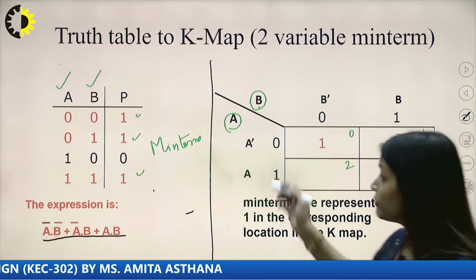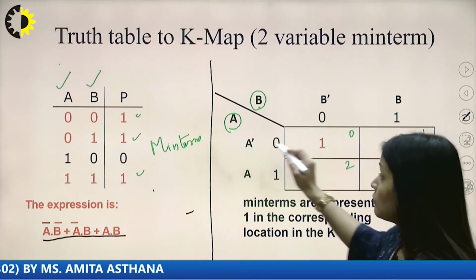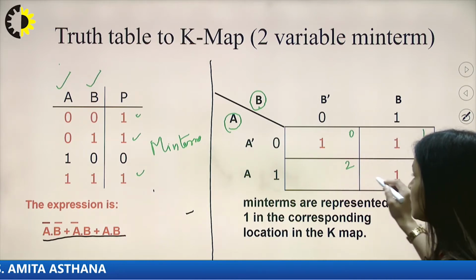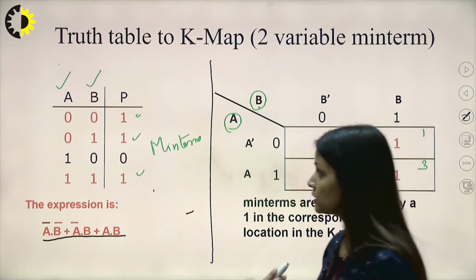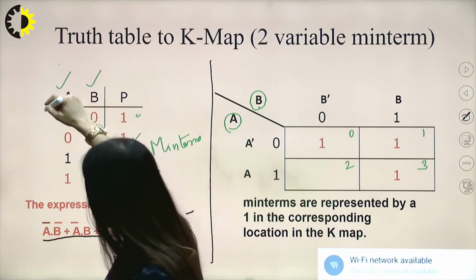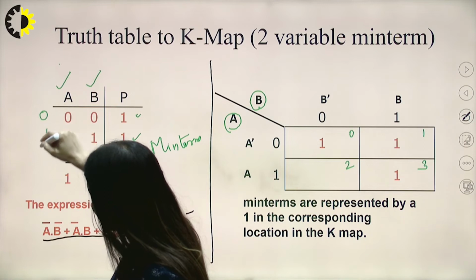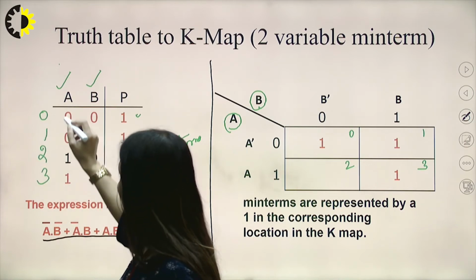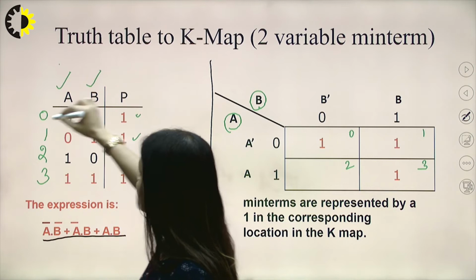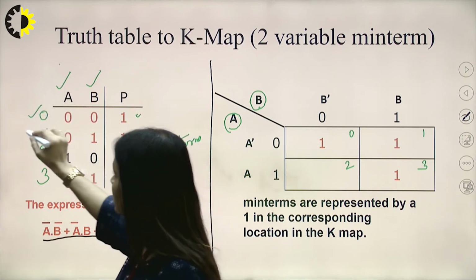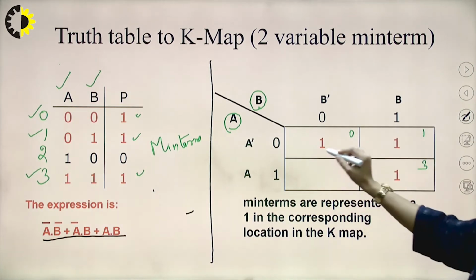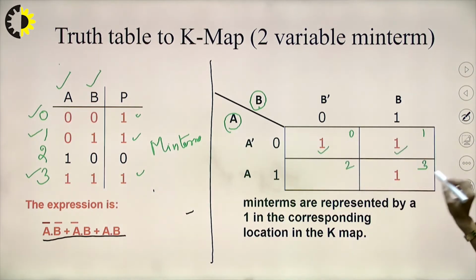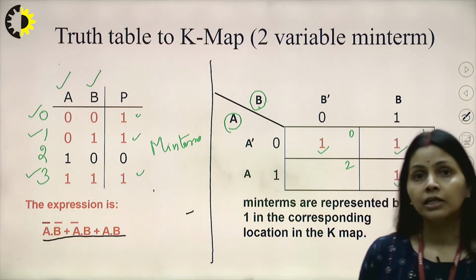Now since I am having 4 blocks, I will put all the min terms in my blocks. Let us seek where these blocks are. I will write the count 0, 1, 2 and 3. I am having one position at 0, one at 1, one at 3. So I will just write 1 at 0, 1 at 1 and 1 at 3. Now coming to the next point.